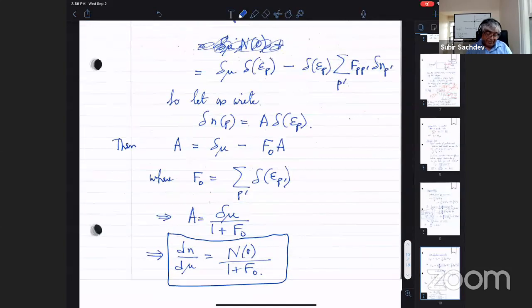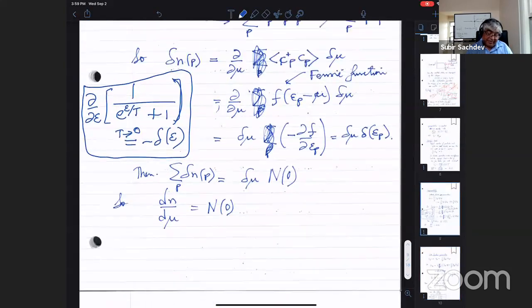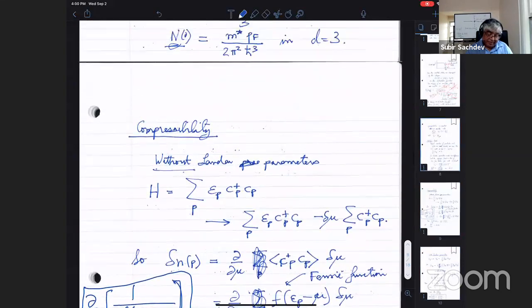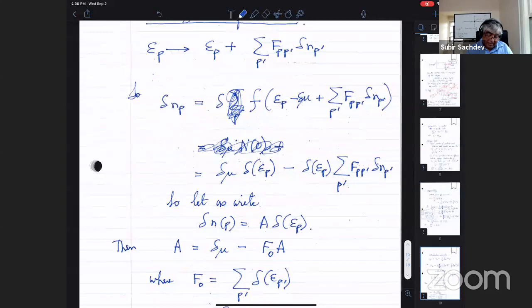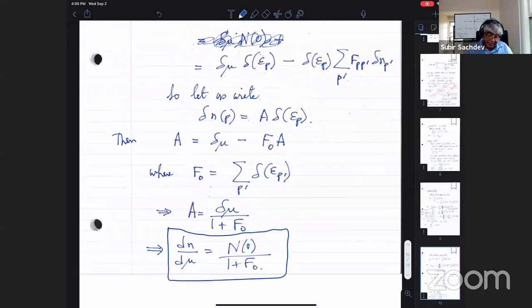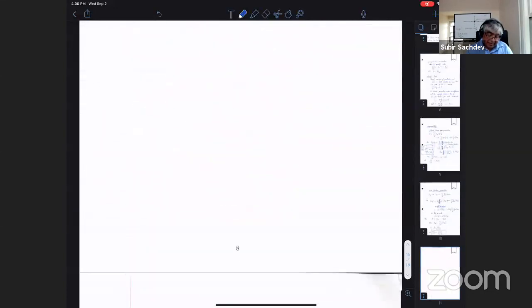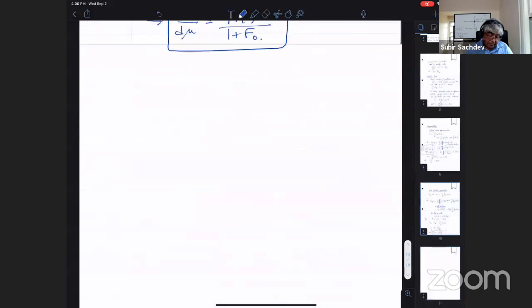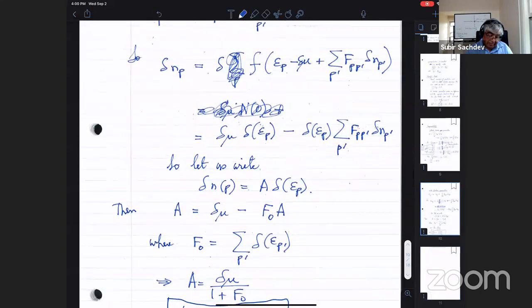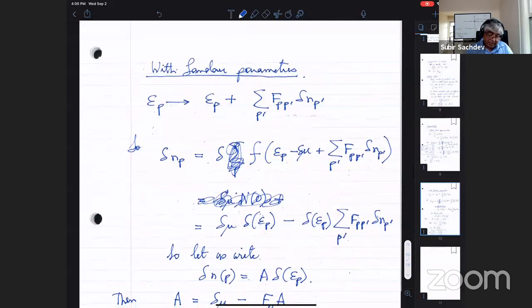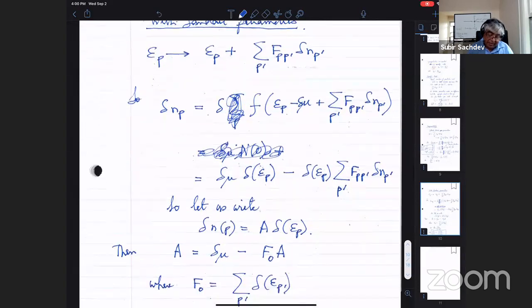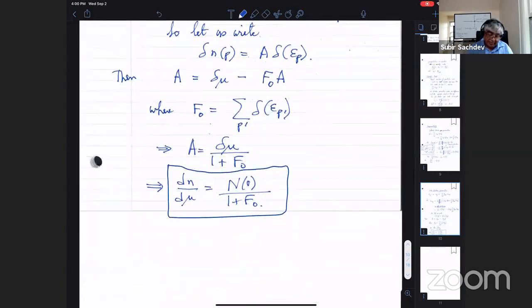I'm sorry I went through that quickly, mainly because we're not really going to need any of this in the rest of the course. It's just to highlight the basic properties of a Fermi liquid, and how everything is parameterized, thermodynamic and many other quantities, in terms of the dispersion near the Fermi surface and these Landau interaction parameters.